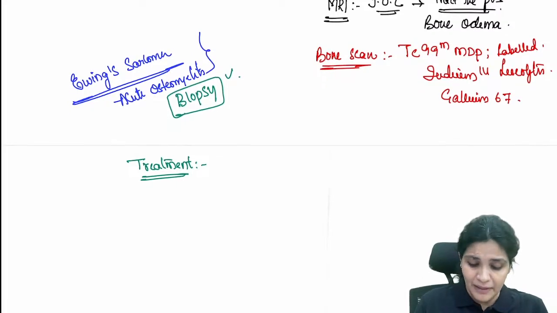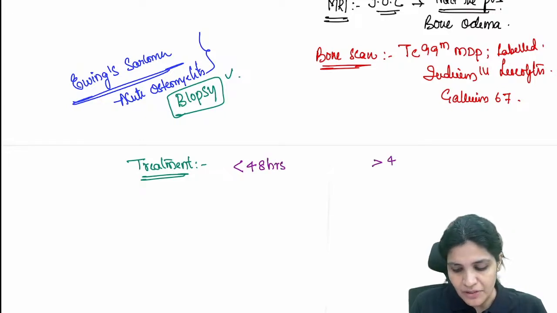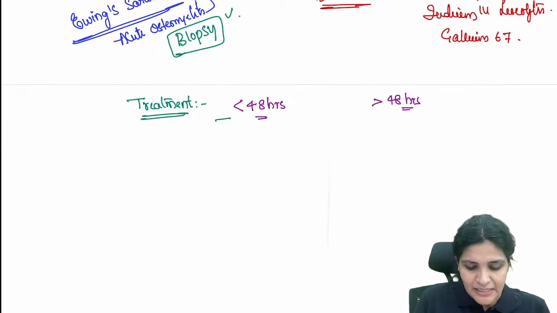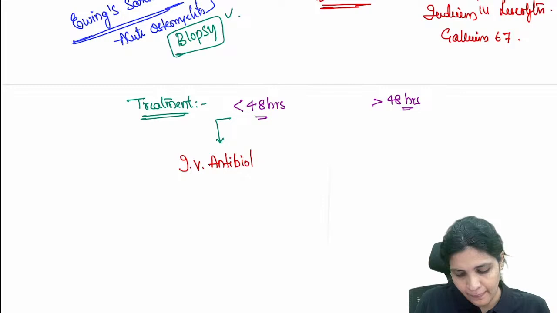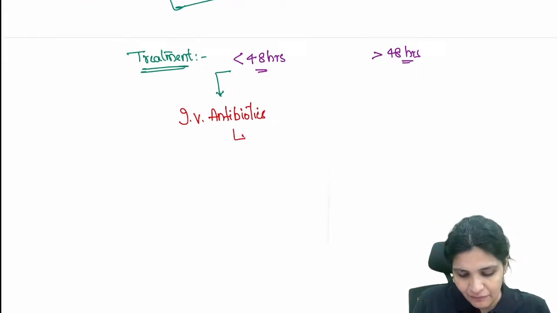So here the treatment depends upon whether the patient presents at less than 48 hours or more than 48 hours. This you have to remember, right? Because if it is less than 48 hours, that means still the pus is not very active. So what you do, you treat with IV antibiotics. IV antibiotics for 2 weeks,